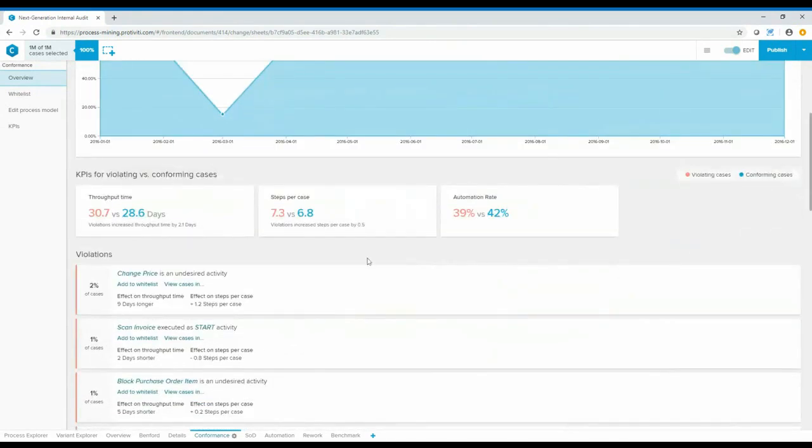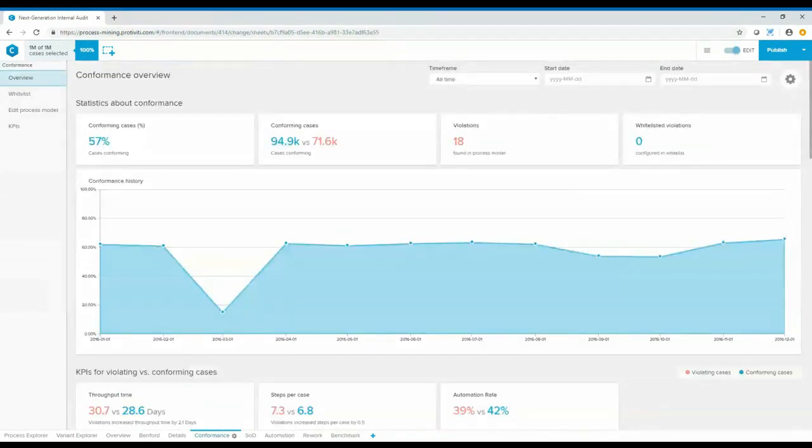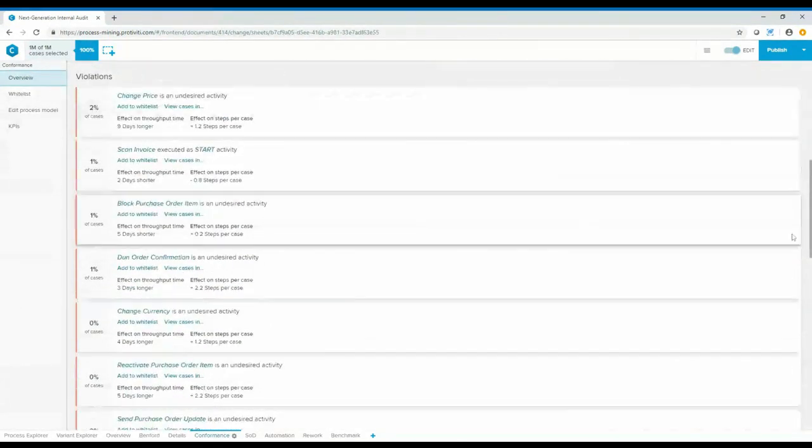You can see again some of this KPI information, this business value that you really would struggle to get through traditional analytic solutions. You can see it takes me longer to get from start to finish. The throughput time is longer. And then I can see the violations. It tells me which activities either are happening or not happening, or are not in the sequence I've defined that create a violation.